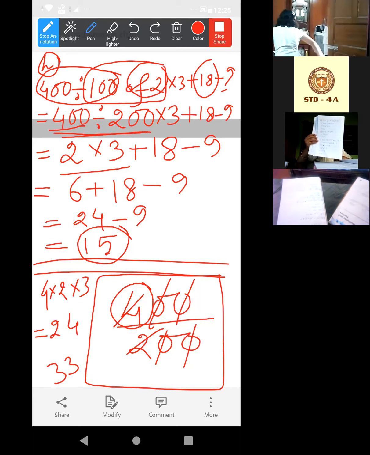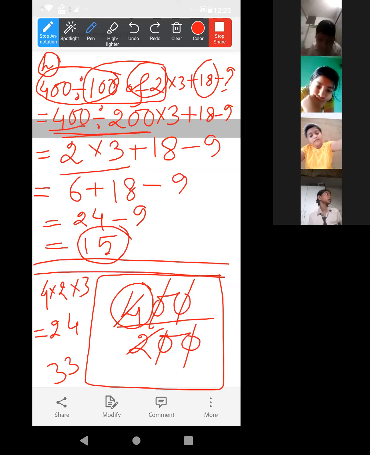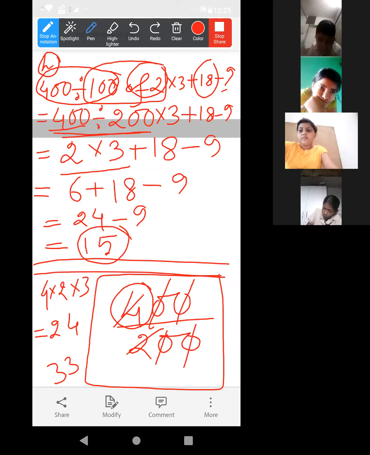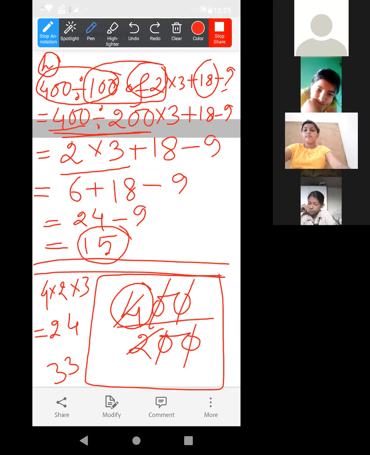Got it? All of you? All the students understood this one? Yes or no? Shirin, Vaishani, Abhipsha, Noras, Shushnata, got it or not? Achha, okay. So now, all of you, just unmute and say whether